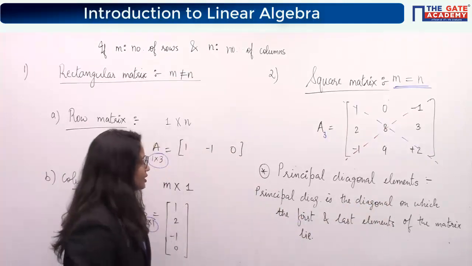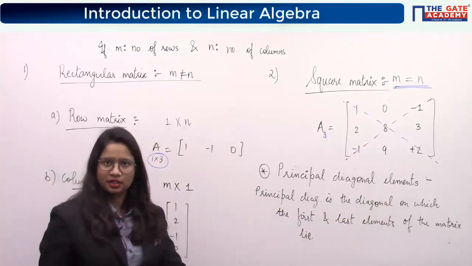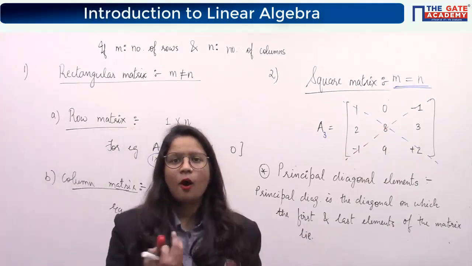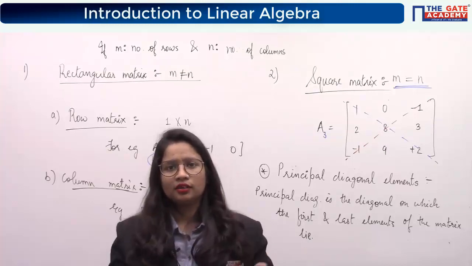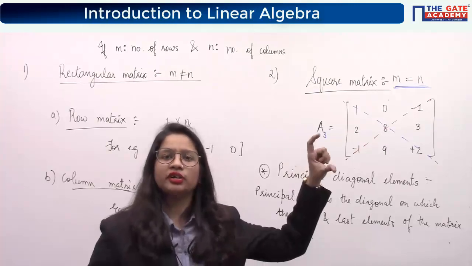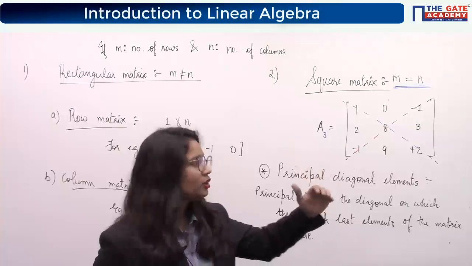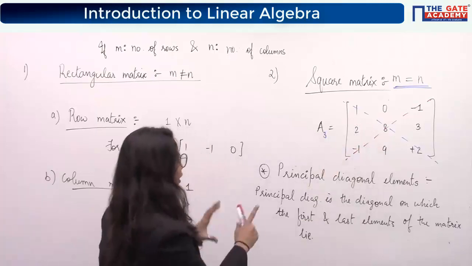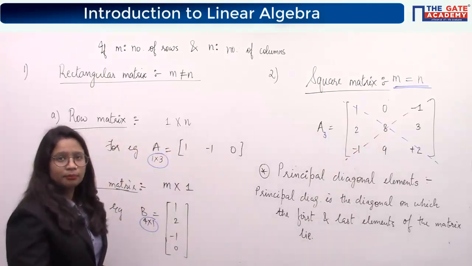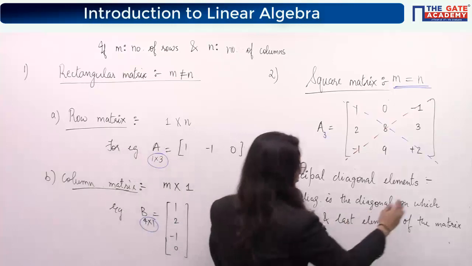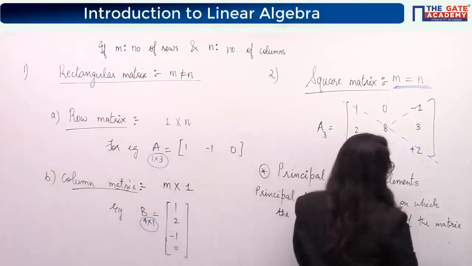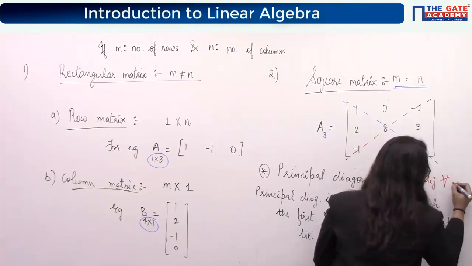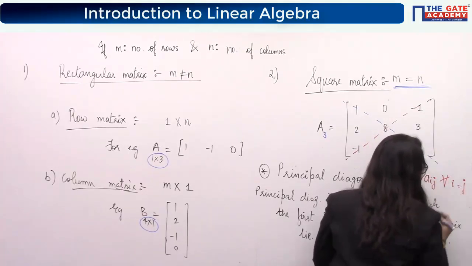Okay, now the thing is, what are principal diagonal elements? So principal diagonal elements is again very basic. From this you can understand all those elements which lie on this diagonal. So obviously it will be the first element and last element, and all the others which lie on this diagonal, this one also. Okay, so if I write it in generalized terms, then principal diagonal elements are represented like this. These are the elements Aij for which i equal to j.